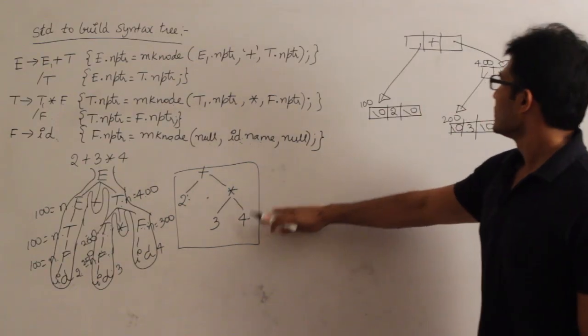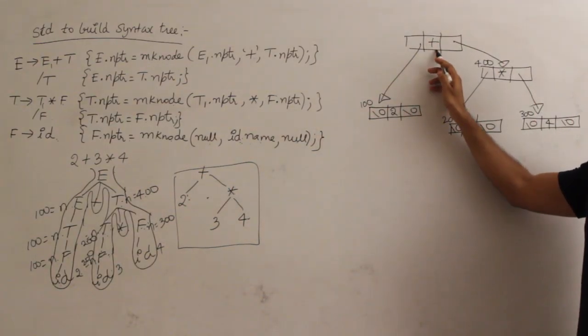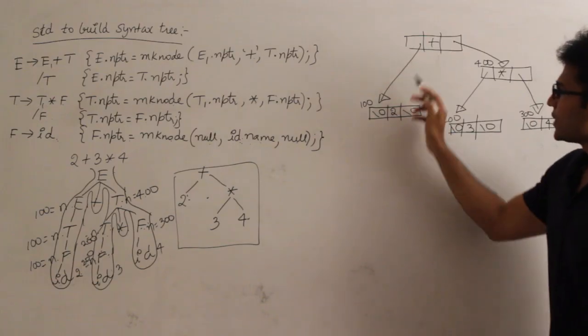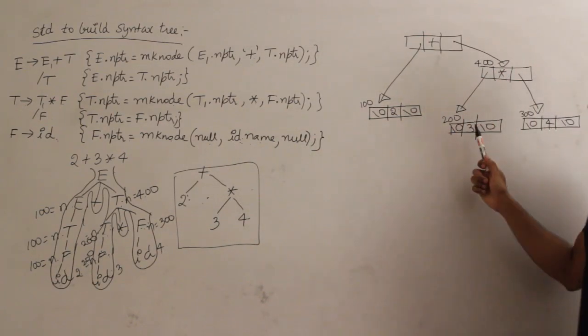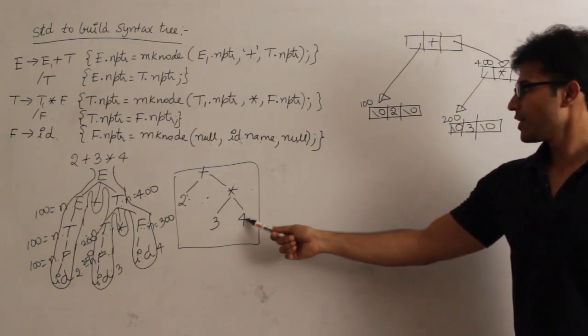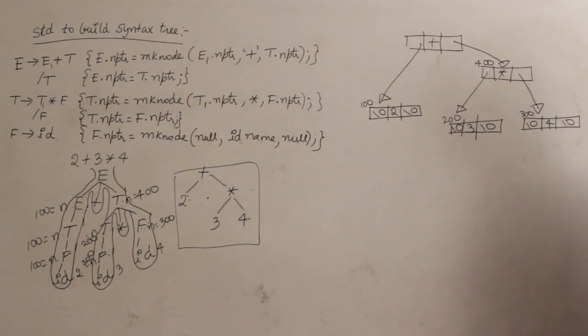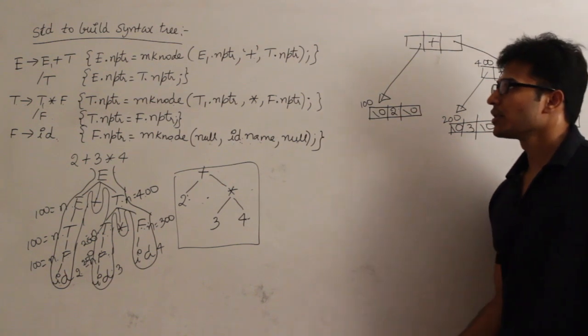The same thing, right? Just verify this. Plus, and the left child is 2, then star, and star has the left child as 3 and the right child as 4. Okay, so this is the SDT which is used to create the